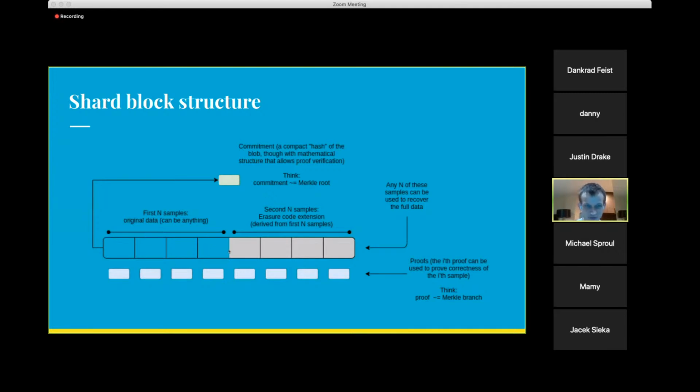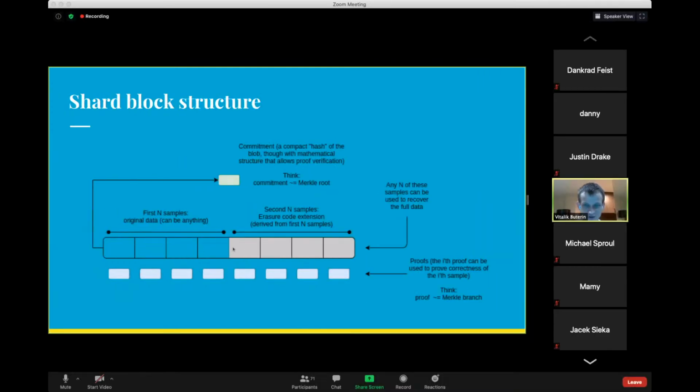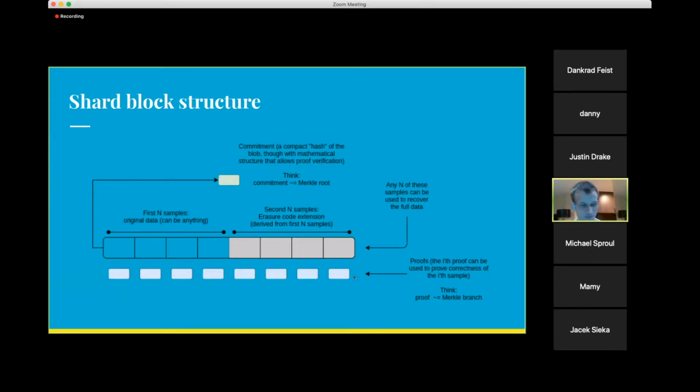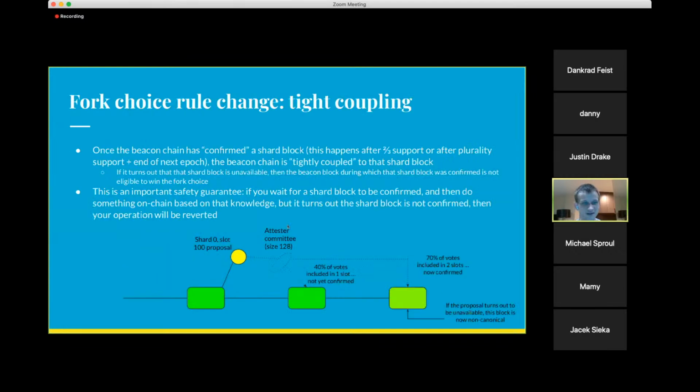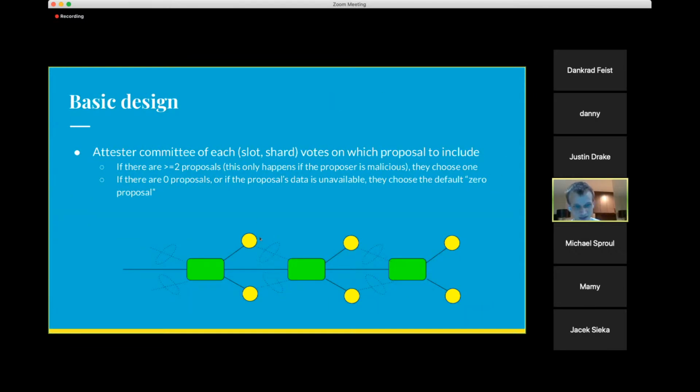From the first n samples, you can recover what the polynomial was that gave these outputs at those coordinates, and then you can compute the commitments, and then you can verify, and then you can generate all the proofs. Though realistically, for efficiency purposes, it might be better to just also provide the proofs as well, because they do take a little longer to generate than everything else. So this would get sent over the wire, and then the attester committee would download this data, and they would